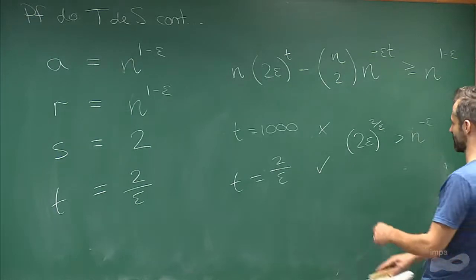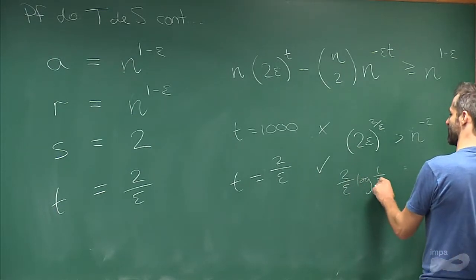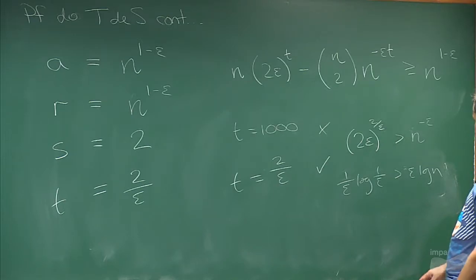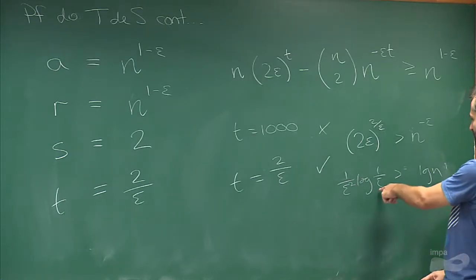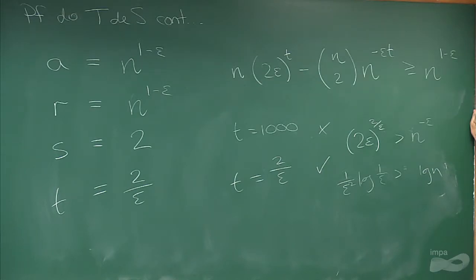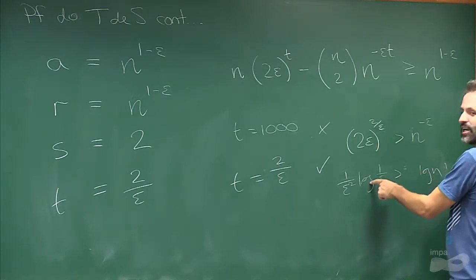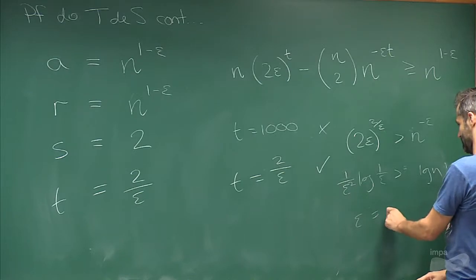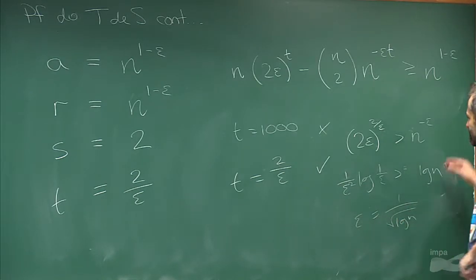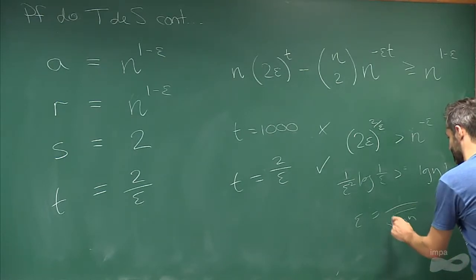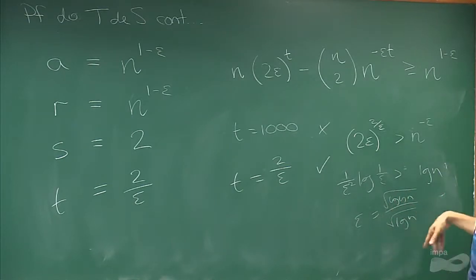I should take logs, right? Let me take logs and see. Two over epsilon log one over epsilon, let me forget the two, is bigger than epsilon log n. Epsilon squared. Log one over epsilon is basically log n, so they're basically... what? Doesn't make any sense. Sorry, so one over epsilon is basically root log n. Maybe that's right. Sorry, maybe that's right, with a log. Log n. Anyway, it doesn't matter, right? So you can get some kind of